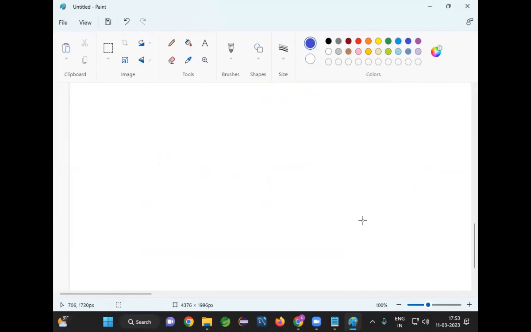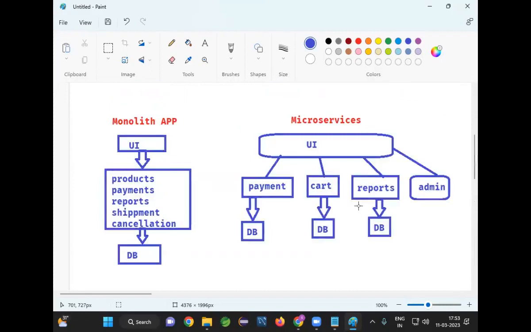Monolith means if you are developing all the functionalities in a single project, then that is called a monolith application. What is the problem with the monolith application? Maintenance problem. If I want to make a small change, then I need to compile the whole project, package the whole project, and deploy the whole project. So maintenance wise, it is very, very difficult and very challenging if you develop your project as